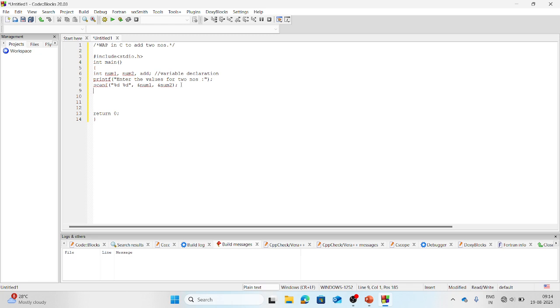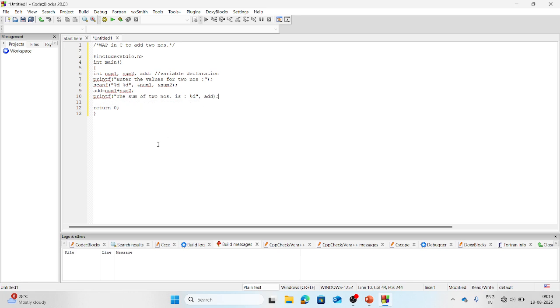Now what is the logic? So logic is like to add two numbers, no? So add equals num1 plus num2, then semicolon for terminating the line, and printf for printing the message like "the sum of two numbers is %d", then double inverted commas, comma, like sum is stored in add, so that is why I need to write add, then semicolon. Right, now the complete logic I have already written.